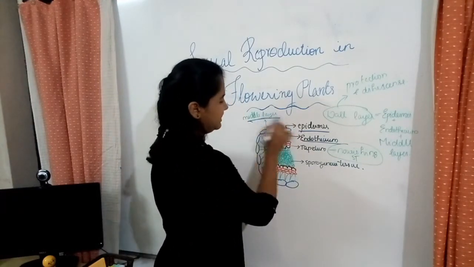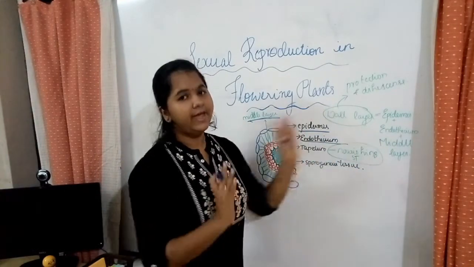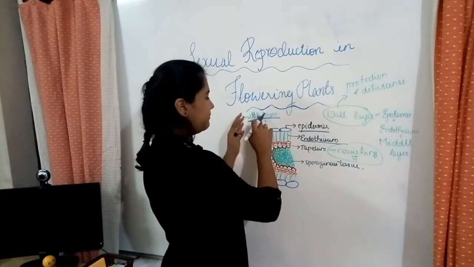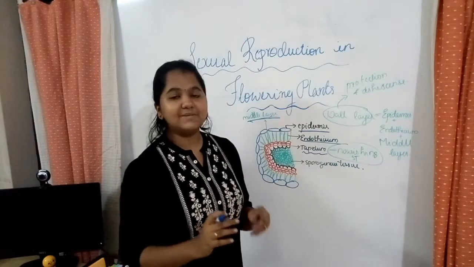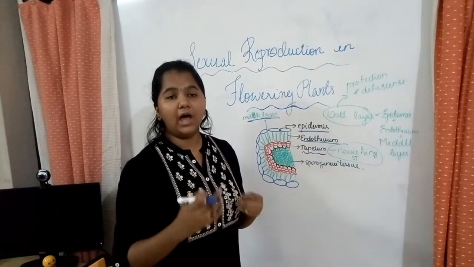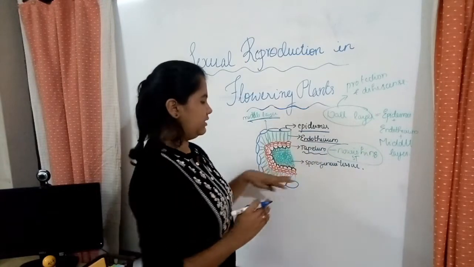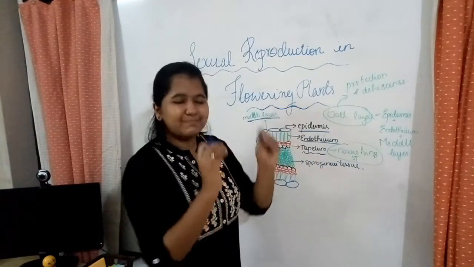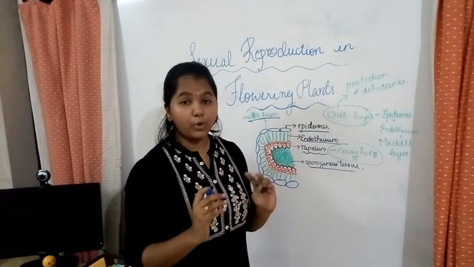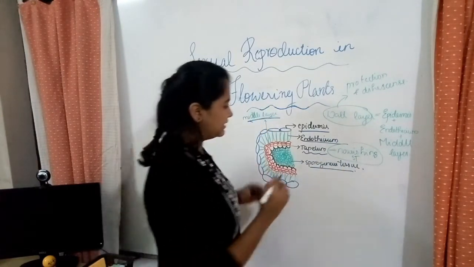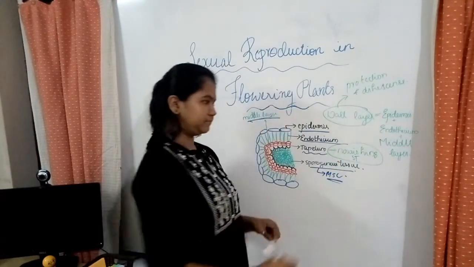And the next one is the middle layer, the red colored one. This is a rough diagram. I will show you the fair diagram towards the end of the explanation. So this is the middle layer, and over here is the tapetum. Tapetum is very similar to the placenta in humans. I will discuss the use now. And over here is actually small tissue, the sporogenous tissue, where the mother spore cell is present.